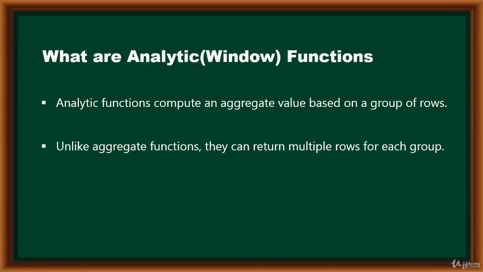The term window basically describes the set of rows on which the window function operates. So a window function will return a value from the rows in a window. A window function also performs a calculation across a set of table rows that are somehow related to the current window. So just to summarize,